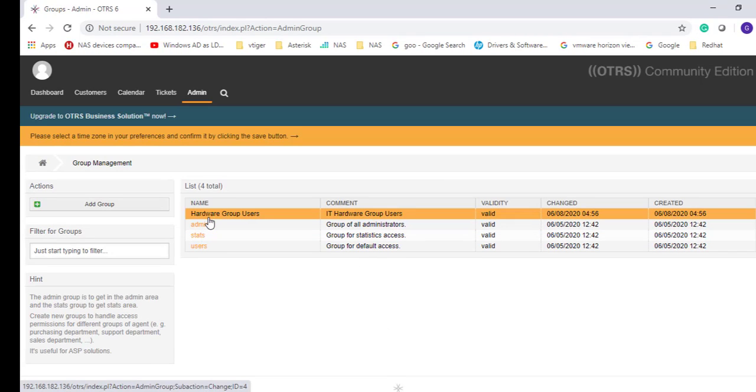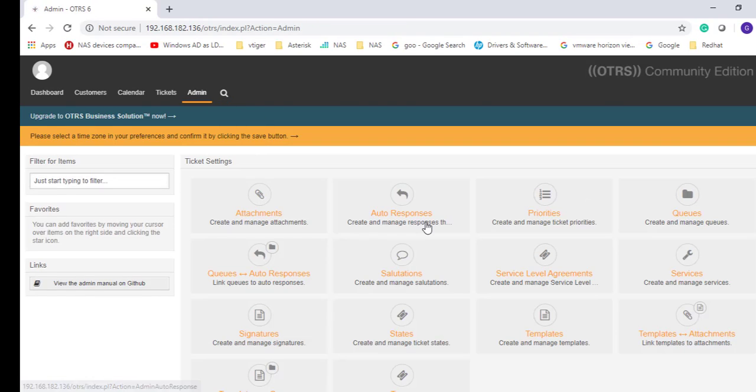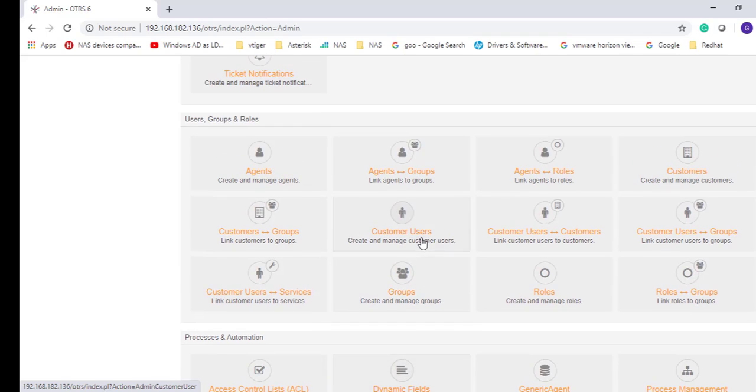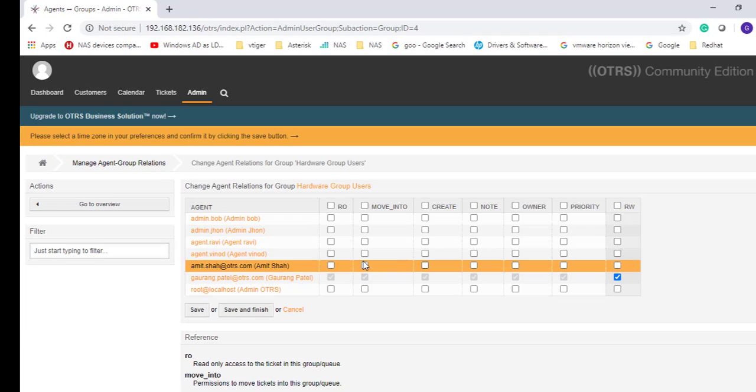I've created one custom group, hardware group users, right? So I want to associate Ravi and Vinod with this group. It is hardware group users.